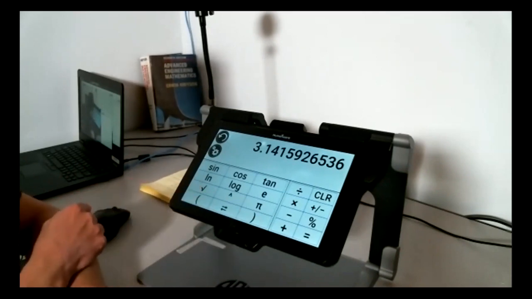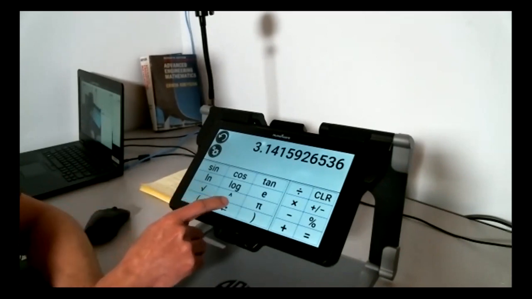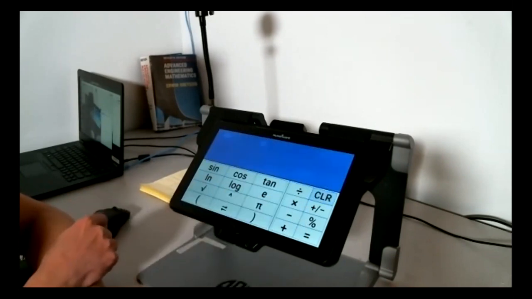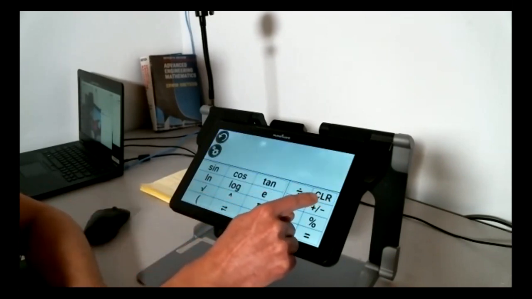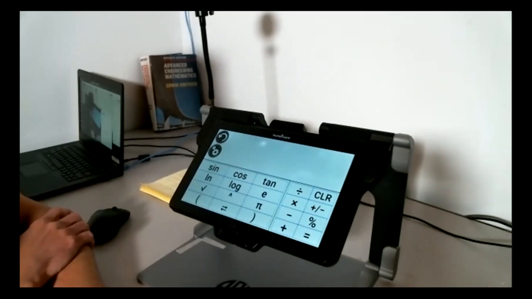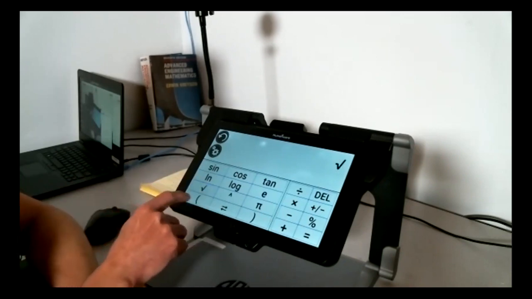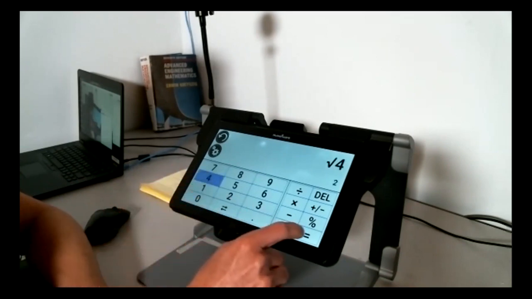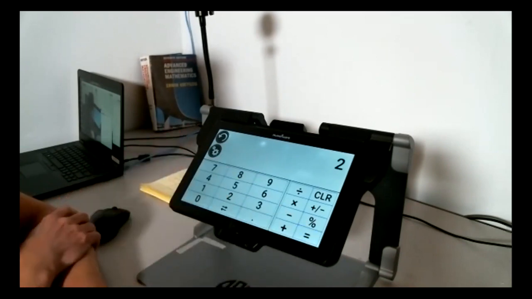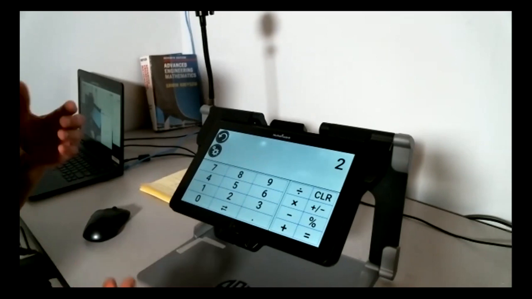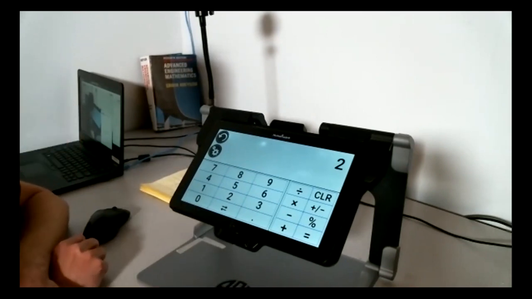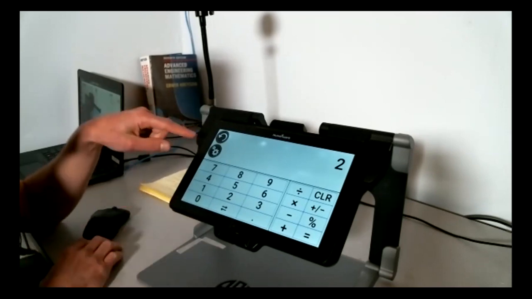You can also use the square root of a number. So let's try that. I can clear the screen just by hitting the CLR on the top right corner of the calculator. So I'm going to do a square root of 4, equal 2. Okay, so that's very nice numbers and all that. So you can have all kinds of possibilities, but you're here for the big stuff